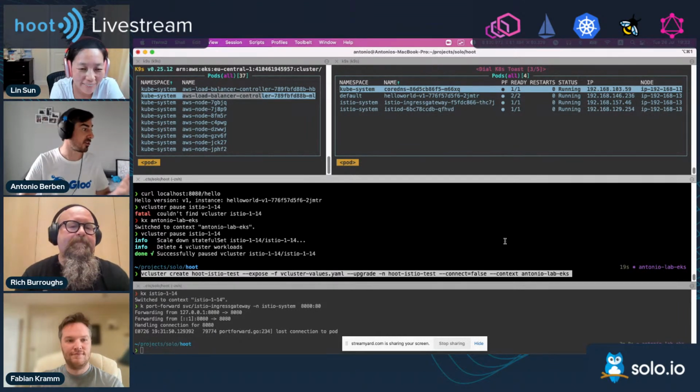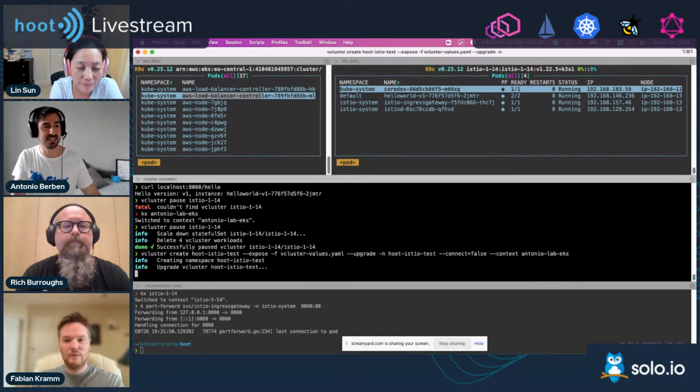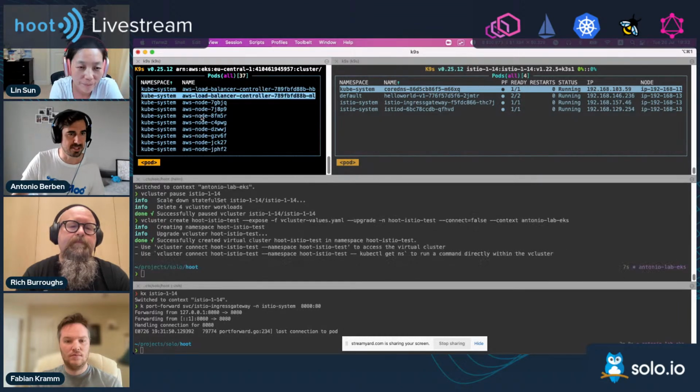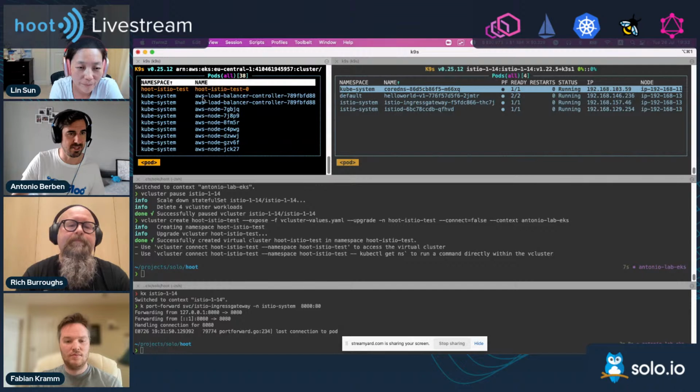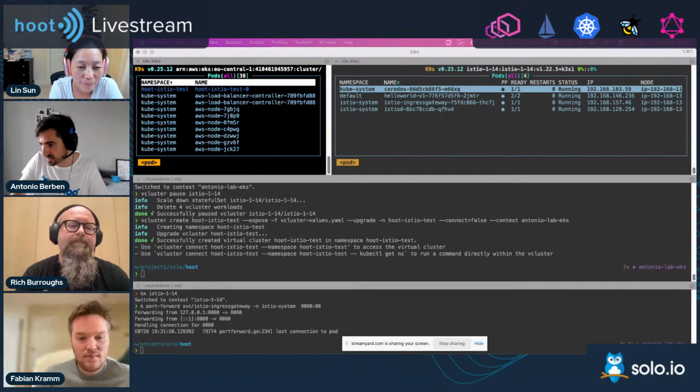So next step, I'm going to spin up a vCluster, right? Let's do it. Let's see how fast it is. We're going to see here that sooner or later we will see a new pod. We'll show it there. Yes. My hood Istio test. This is the task I have to run right now. As you can see, already created. 15 seconds to have already an